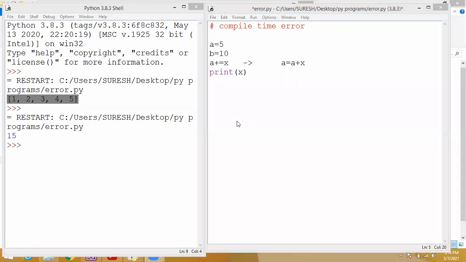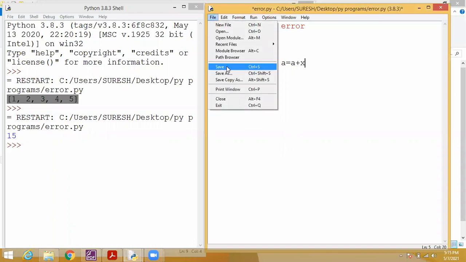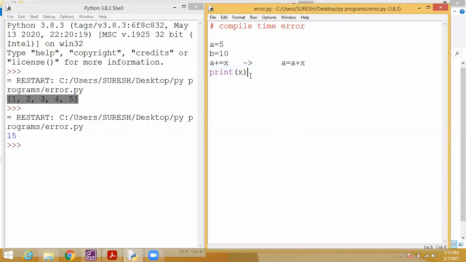Yes, sir. Then only you can answer everything. In error finding questions, they will ask any kind of questions. They will simply make you confused. It will look like a correct program, but there will be some error. So kindly note it down. After this discussion, we will discuss some error finding questions, and students, you will be telling the answer. Okay, so these are coming under compile time error.